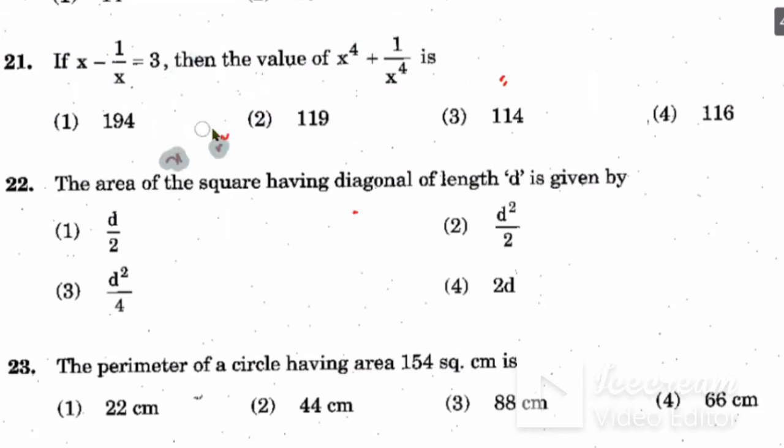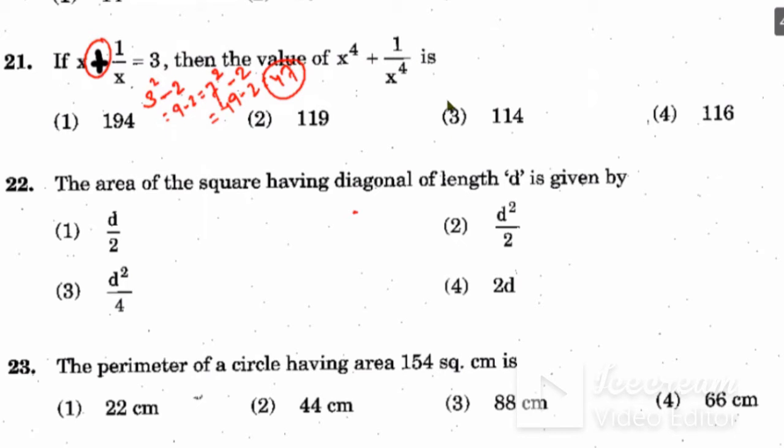Now suppose if you have positive here, if you have this question like this, that it is positive plus. Then what you can do? You have to square it, 3 square, then minus 2. That is 9 minus 2, that is 7. And then again you have to square this one, and then minus 2, that is 49 minus 2, that is 47. Like this you will get the answer. x to the power 4 plus 1 upon x to the power 4 is 47, if it is plus here. I hope you understand this question.